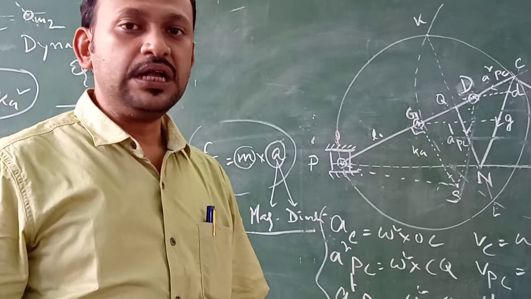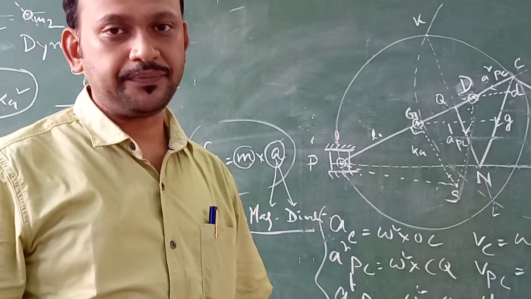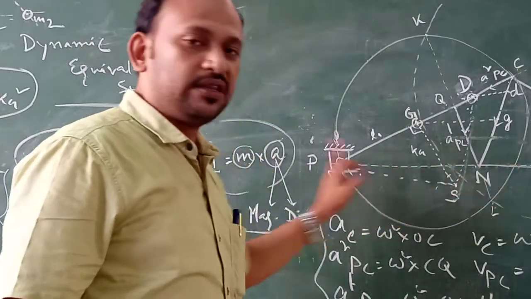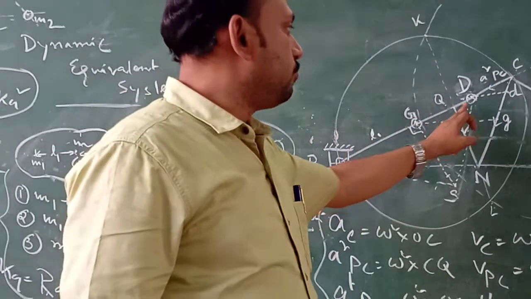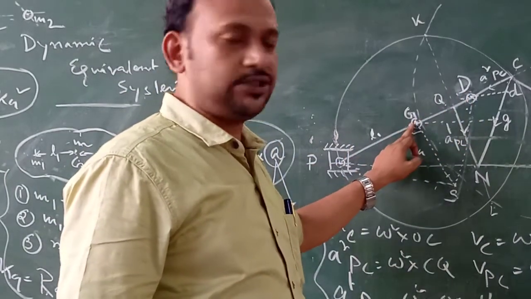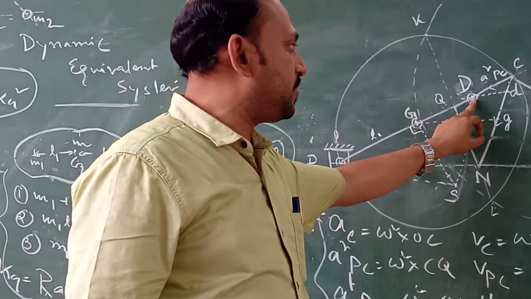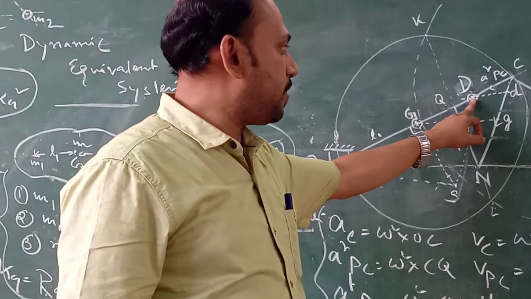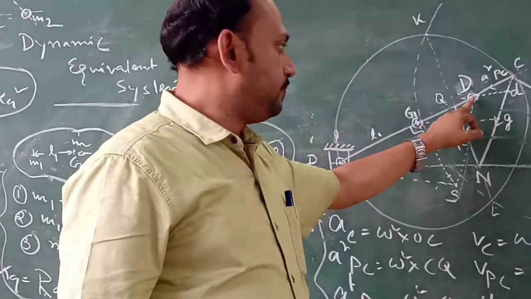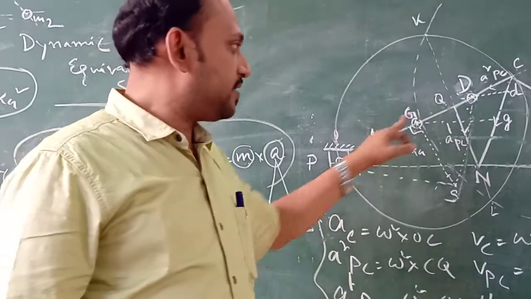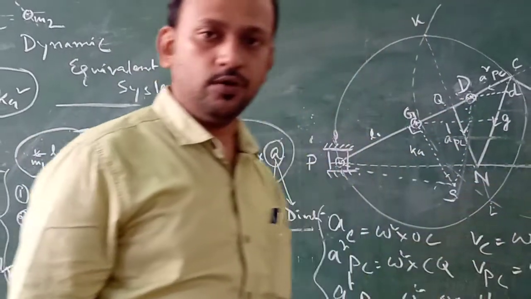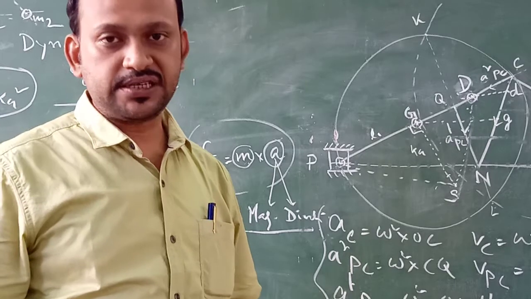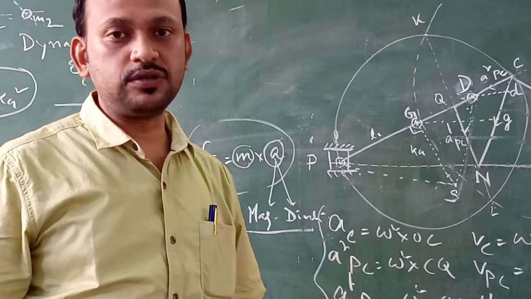Now let us talk about the acceleration of D and G. Acceleration of P is already known to us, that either this will move in this way or in the opposite direction. But we should know about the acceleration of D and G. Now if I ask what is the acceleration of D, then three answers will emerge. Number one, acceleration of D with respect to C. Number two, acceleration of D with respect to P. Another is acceleration of D with respect to the fixed point O. What we are interested in is finding the absolute acceleration of D, that means with respect to the fixed point O.